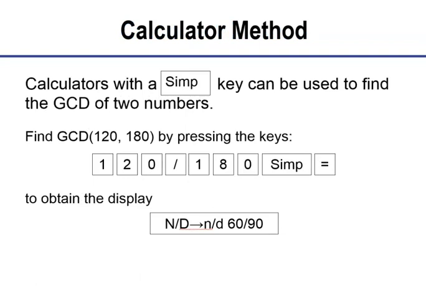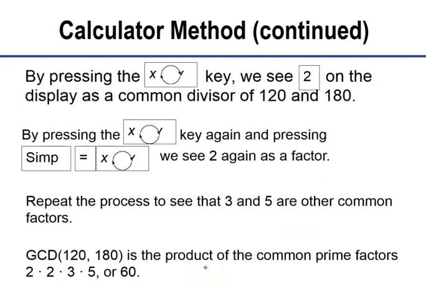I looked on my standard TI-30X that I tend to use for my courses, and this button is not on a TI-30X, but if you see something like this on your calculator, you may want to play around with it. Notice it has a SIMP key that can be used to find the greatest common divisor of two numbers. So you would press 120, 180, then SIMP, equals, and it gives you this display, and then it keeps going, and then it says by pressing the X loop button, we see 2 on the display as a common divisor